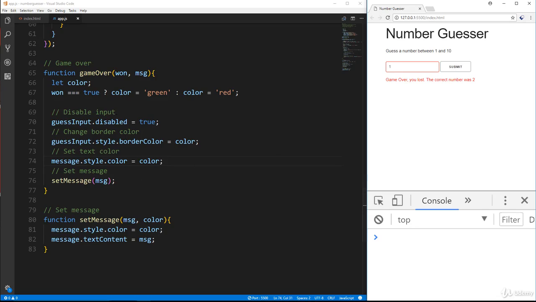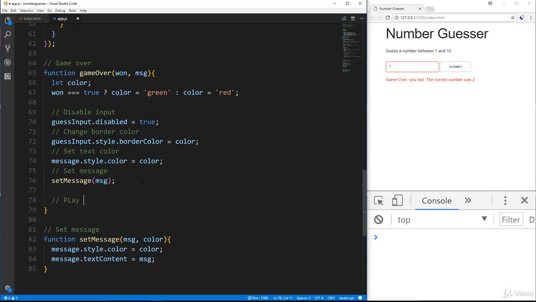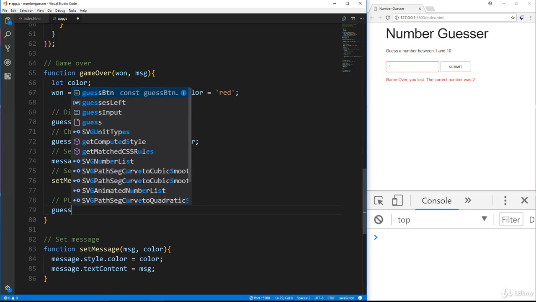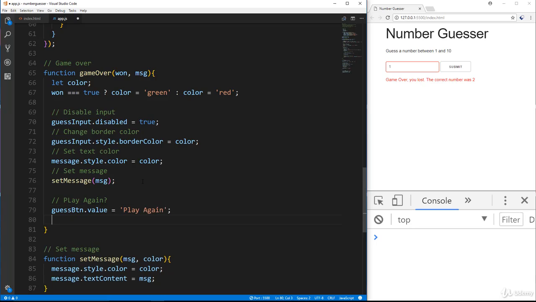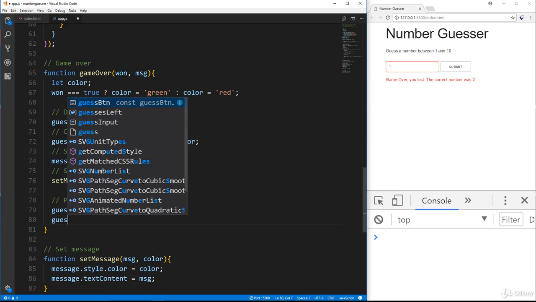So we're going to go to our game over function, and let's go down here and we'll say play again. And what I want to do is take the guess button, so guess BTN, and set the value equal to play again. Okay. And I also want to add a class to it because we need to add a new event handler for this new version of this button. So we're going to say guess button